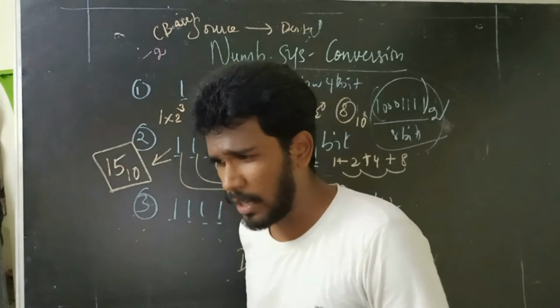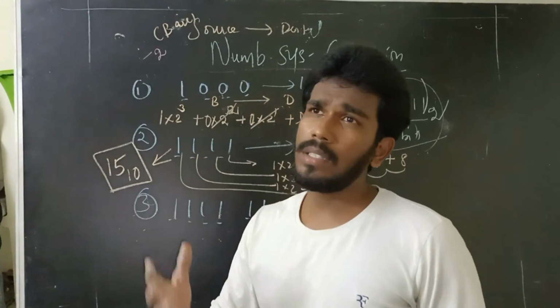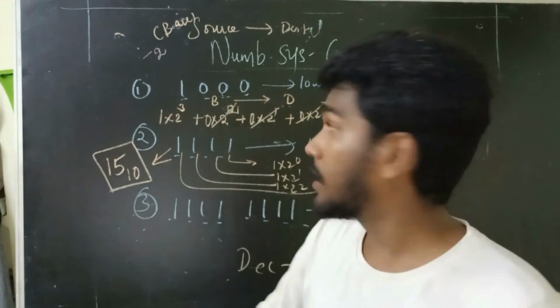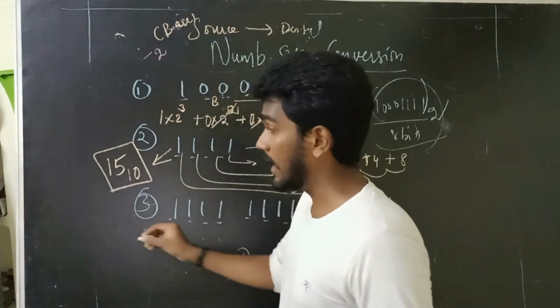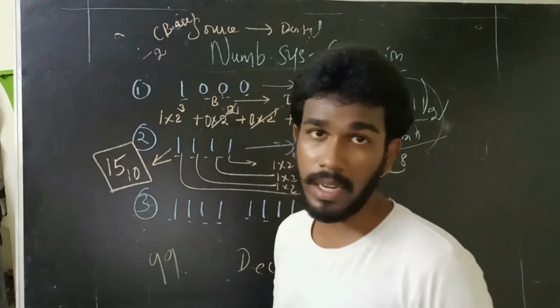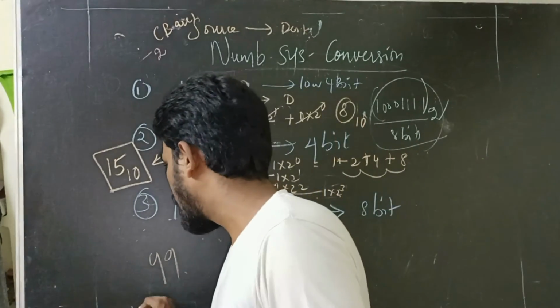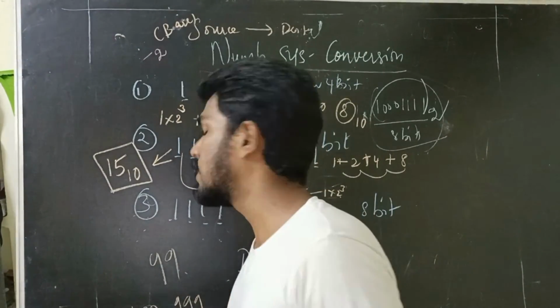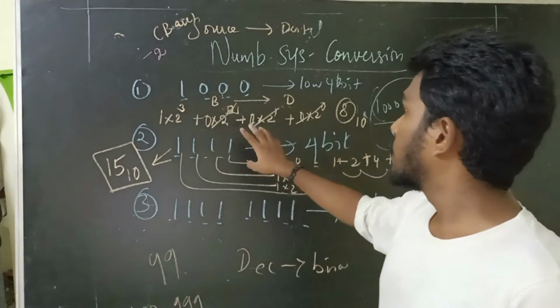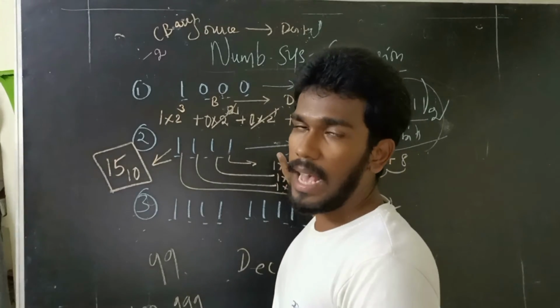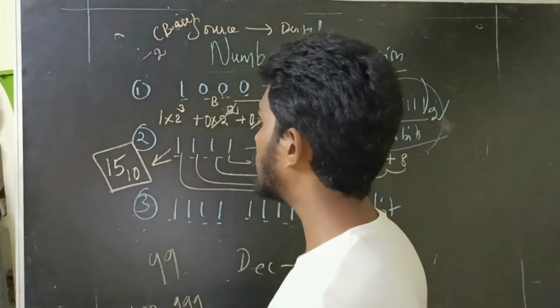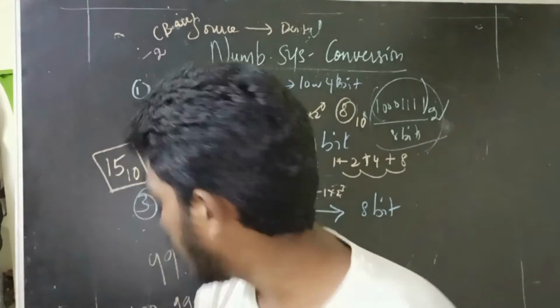As we say in our normal number system, the highest 2-digit number is 99. 100 is the lowest 3-digit number, and 999 is the highest 3-digit number. In a similar way, the highest 4-bit number is 1111, whose corresponding decimal value is 15 base 10.